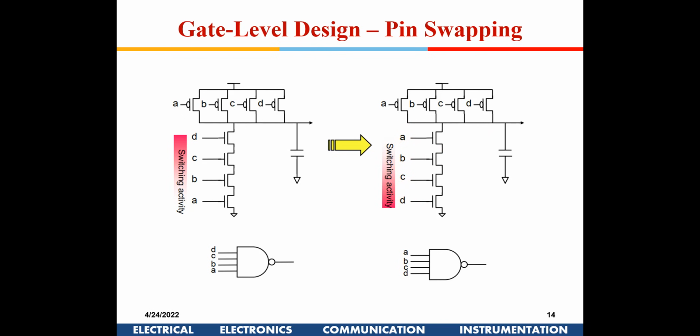And for a particular circuit, if A is going to remain off for most of the time, then I might as well keep this A in the top, right? If this is going to remain switched off most of the time, then this power won't be consumed at all, right? So the transistors which have got the least activity should be placed on top